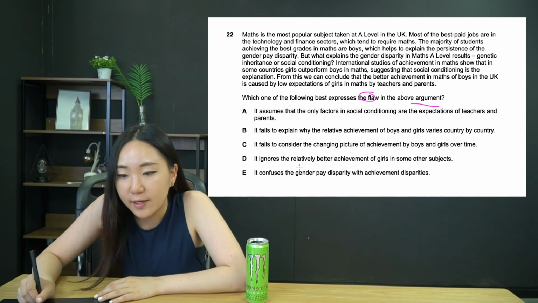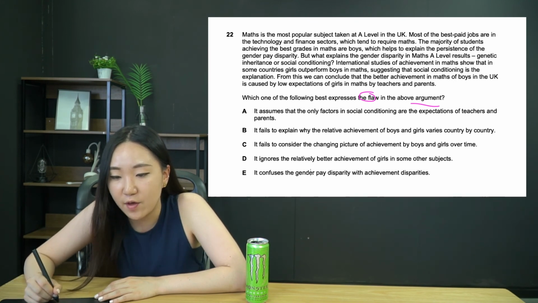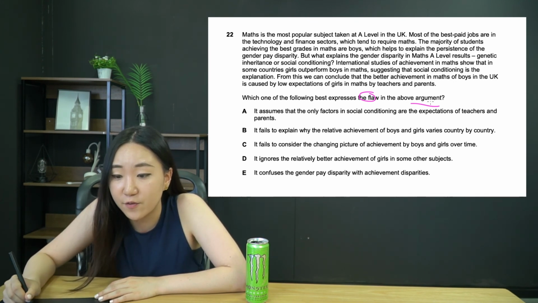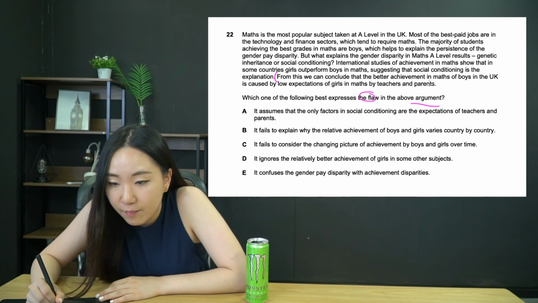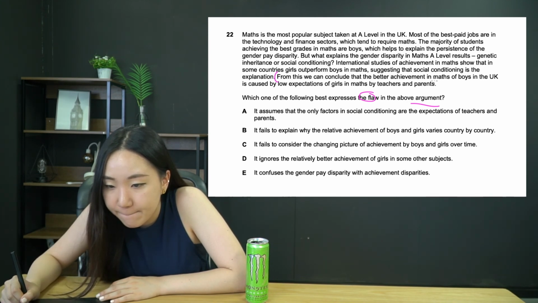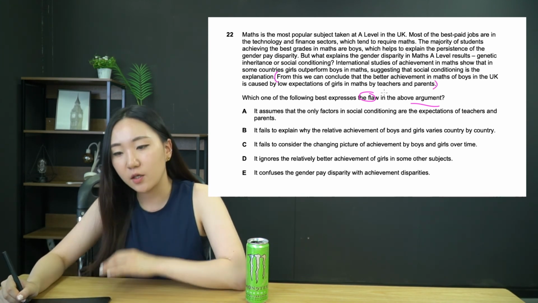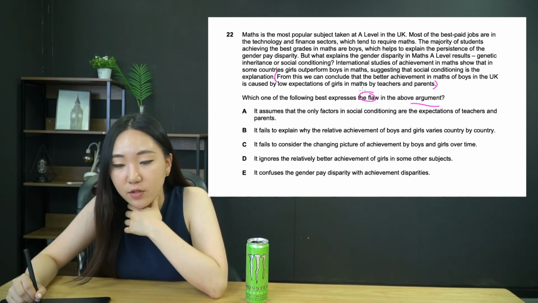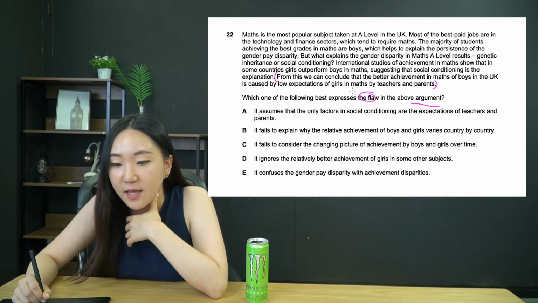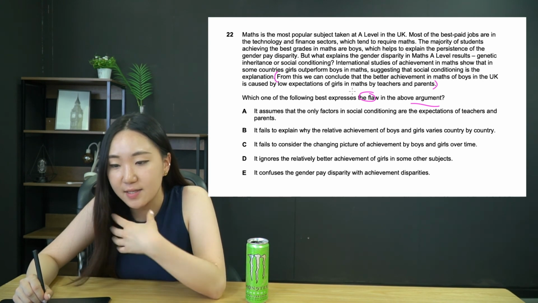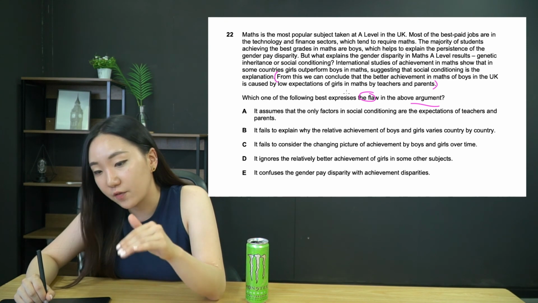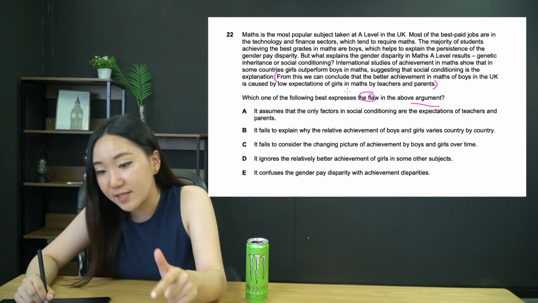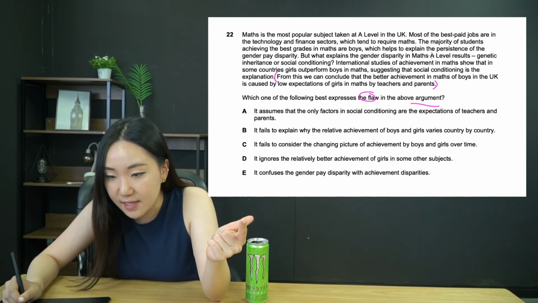Question 22, the flaw. Okay, so for the flaw, again, we need to identify the argument. So let's find the argument, and in order to do that, let's find the conclusion as well. In this case, this is it here, isn't it? From this, we can conclude that the better achievement in maths of boys in the UK is caused by low expectations of girls in maths by teachers and parents. So let's see, how did we get to that argument? We're basically saying low expectations of girls means boys do better, okay? And we're saying that because